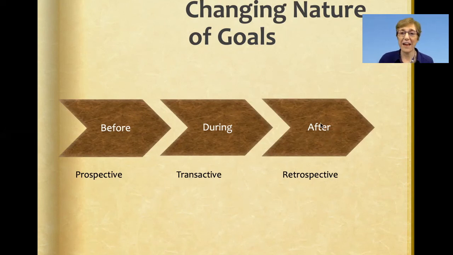Then you have the retrospective goals, which are the goals that emerge after the conflict. This is kind of interesting, that sometimes after we've actually resolved the conflict, you realize it wasn't really about the money, okay? It was about respect, or it wasn't about going to that particular restaurant. It was about having your ideas recognized too, and not just doing what the other person wants all the time. So a lot of times when we think back on the conflict, the goals that we thought we had will be shifted.